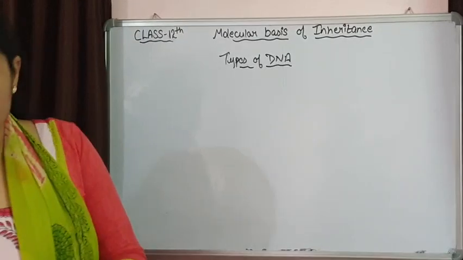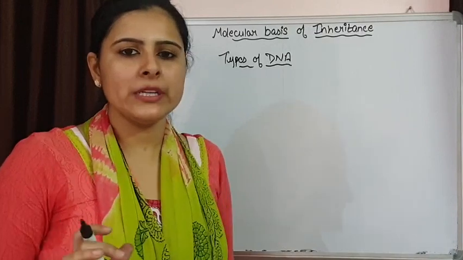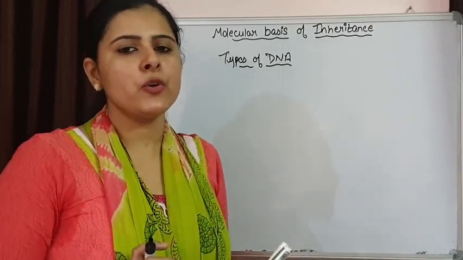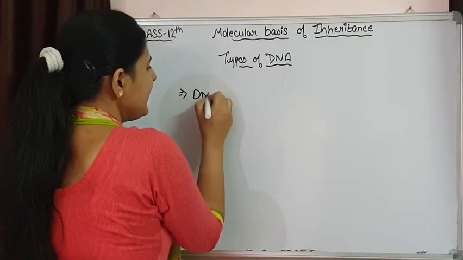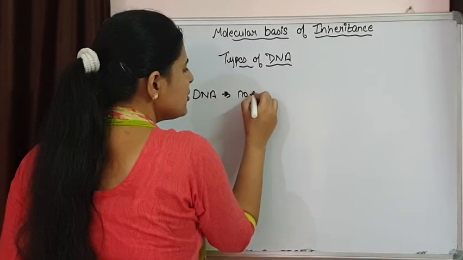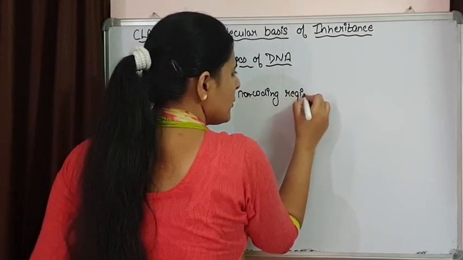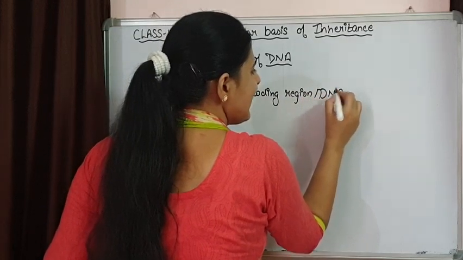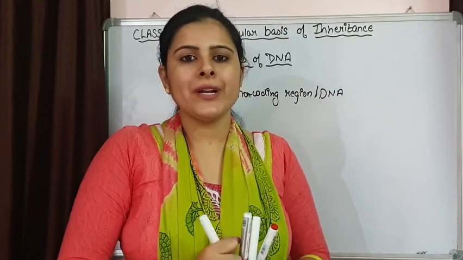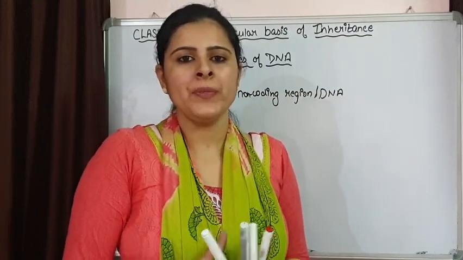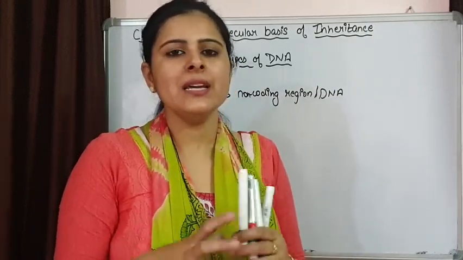Then if we talk about the whole DNA that is present in human cells, out of the whole DNA, the maximum part of the DNA is the non-coding part. So the complete DNA has a non-coding region. What this non-coding region, or you can say non-coding DNA, means is that this DNA is not going to code for any protein, enzyme, hormone, anything. It is just waste, or you can say it is junk. It is doing nothing.